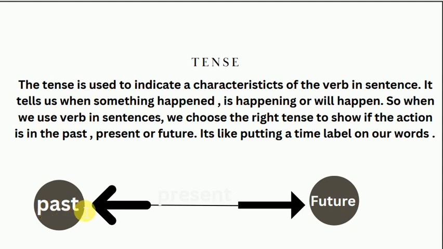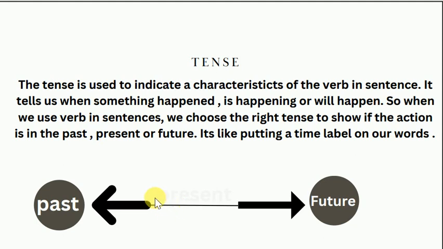One time level is past, another is present, and another is future. The past means the action which is already done, and the present means the action which is being done in present form,